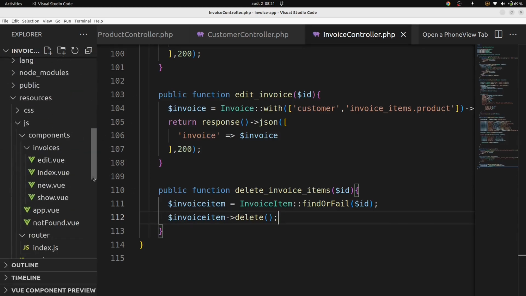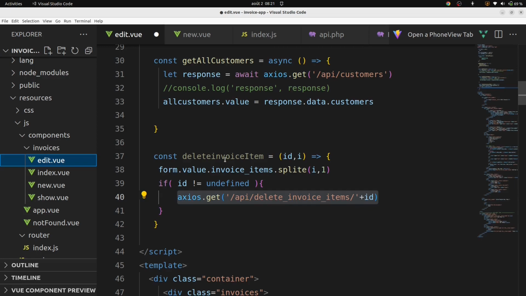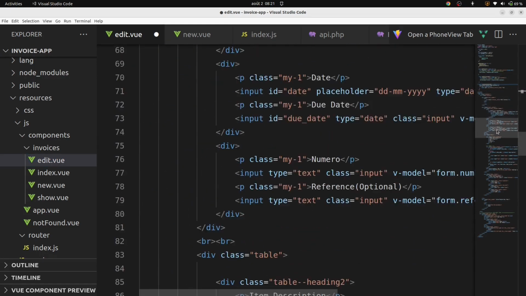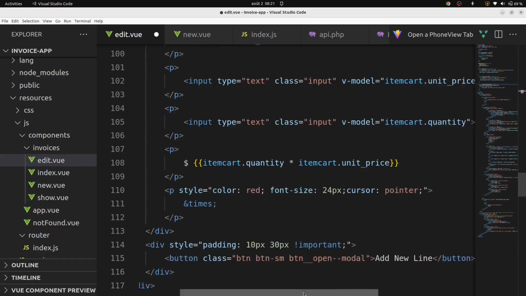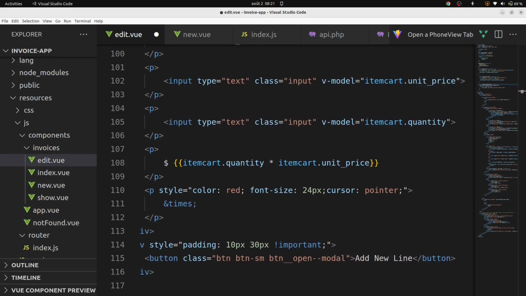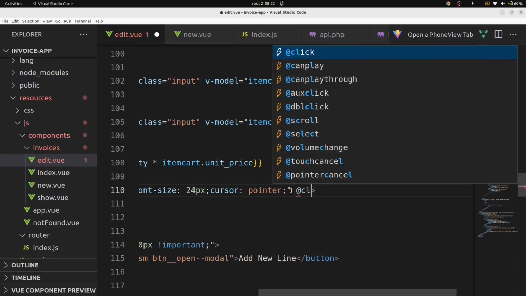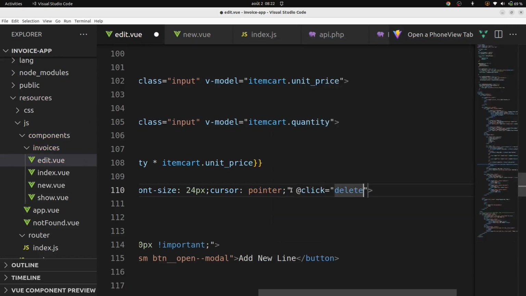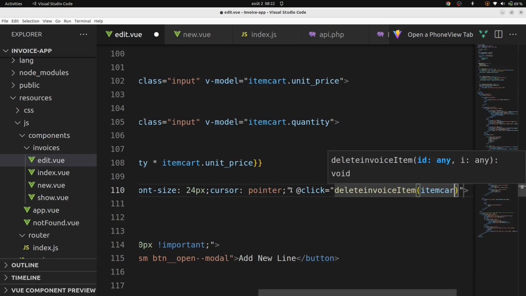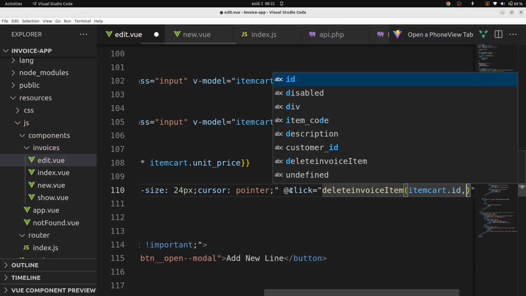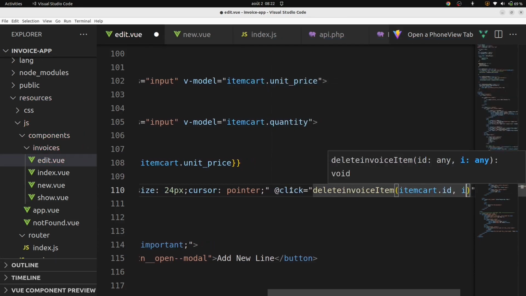All right, let's go back in our edit.view and add this function to our delete buttons. A click, deleteInvoiceItems, item card.id, e. All right,